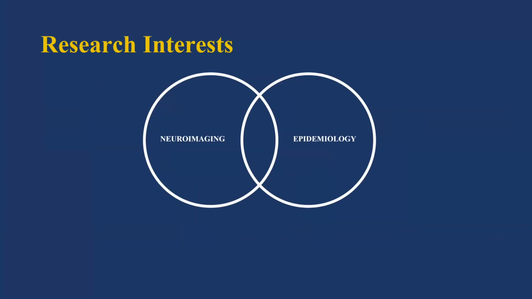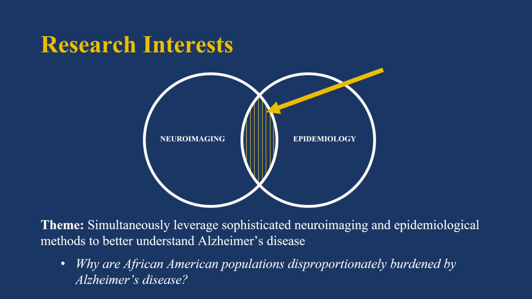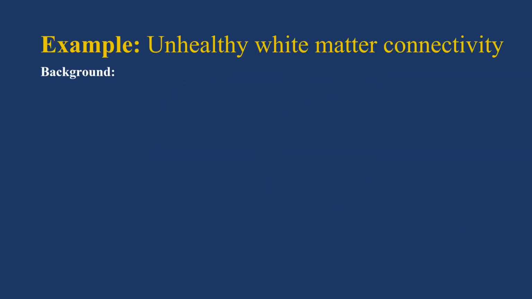So considering my background, I'm sure it comes as no surprise that my research interests lie at the intersection of neuroimaging and epidemiology. And I'm specifically interested in simultaneously leveraging sophisticated neuroimaging and epidemiological methods to better understand Alzheimer's disease pathology. And in the bulk of my work to date, I've used this approach to try to interrogate why African American populations are disproportionately burdened by Alzheimer's disease. So in that vein, I would like to use this very short presentation to briefly describe two of my projects in which I have examined this question using this combined neuroimaging and epidemiology lens. So jumping right into the first project,